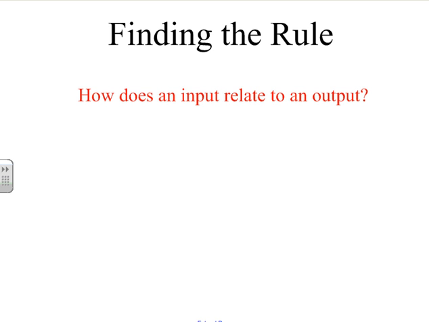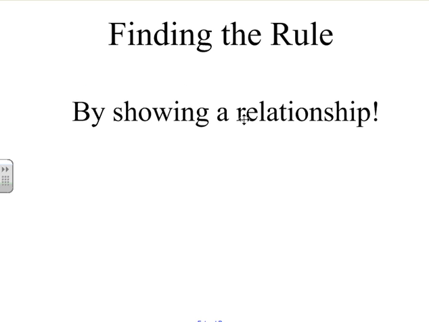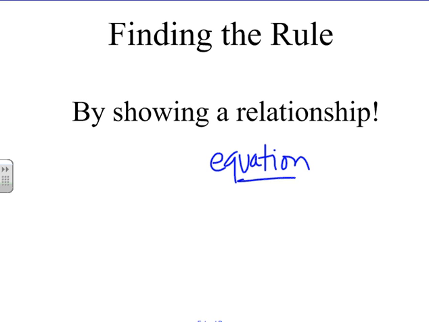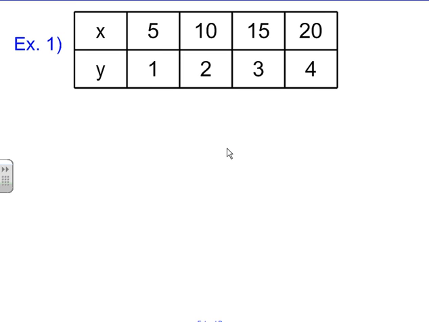We're continuing on with functions, and we're going to take a look at how to find a rule, and where we're at with that with functions, and how an input relates to an output. Well, the way it relates is by showing a relationship, and we can show a relationship many ways. We're going to keep the idea of the function box and use that to help us describe the relationship as an equation. That's really what we're going to look at, trying to see it as an equation. So here we have a table that has x, which is our input,